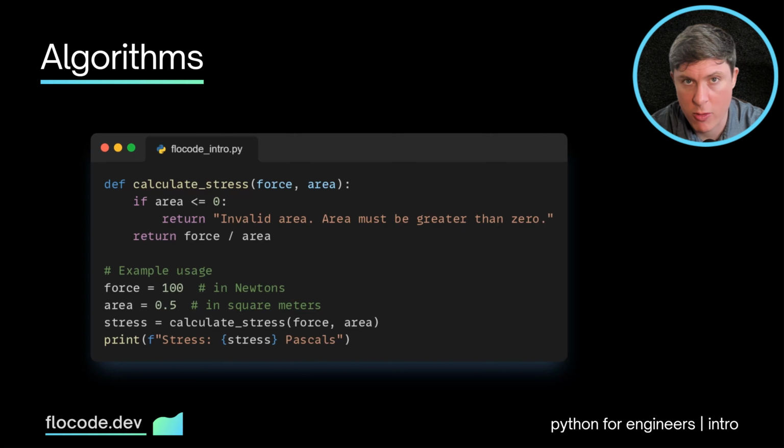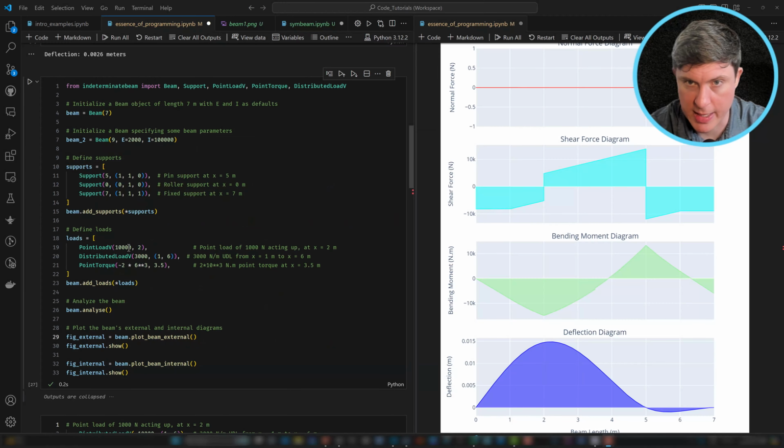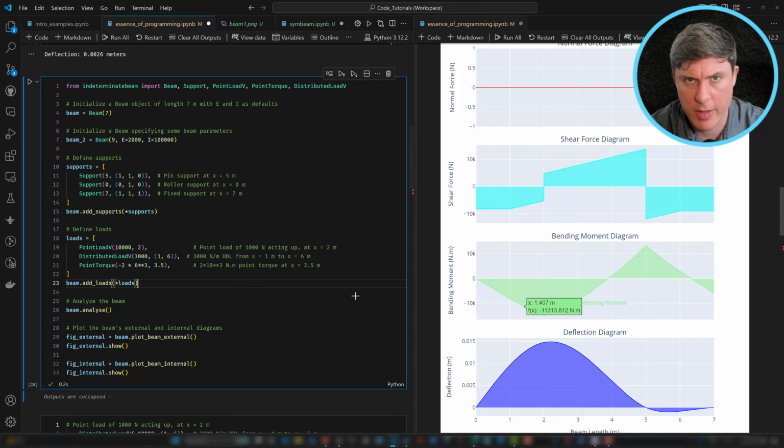And the true power of algorithms comes in their versatility and repeatability. Imagine needing to calculate bending moments at multiple points along a beam, or needing to modify the design to analyze different types of loading scenarios. So just like you might update a recipe by altering the quantity of one ingredient, you can change the input values for an algorithm, like the magnitude of the force or the location of a force. And then your computer will execute the same steps to produce a new answer.